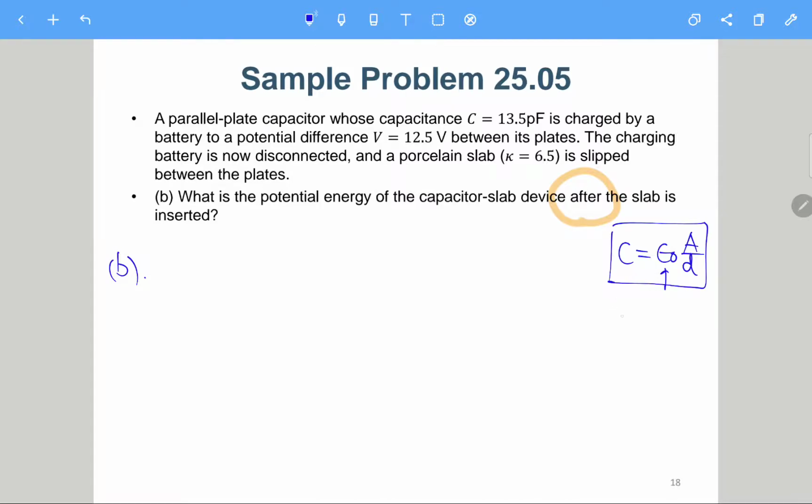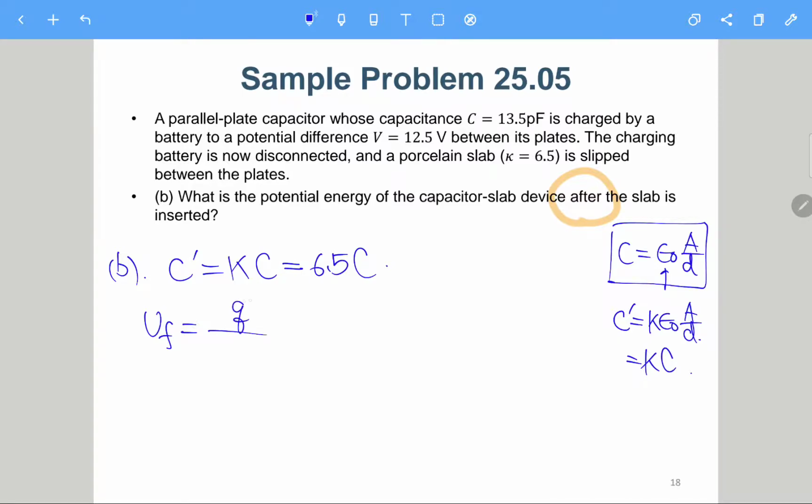For this case we have C prime equals kappa epsilon naught A over D, which means that C prime should be kappa C. So you just multiply the C by kappa, and it will be the new capacitance, 6.5 C. So only by inserting this slab, the capacitance is increased by 6.5 times. And the potential energy would be